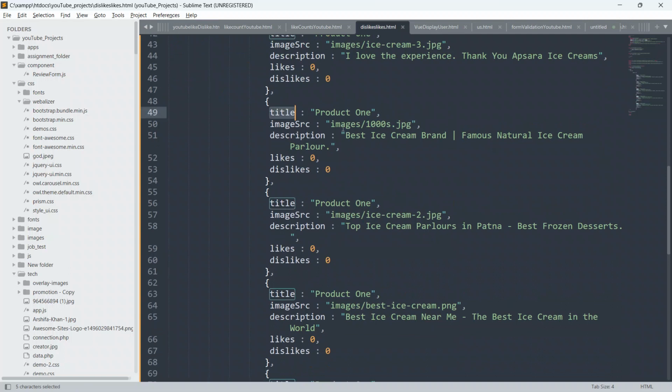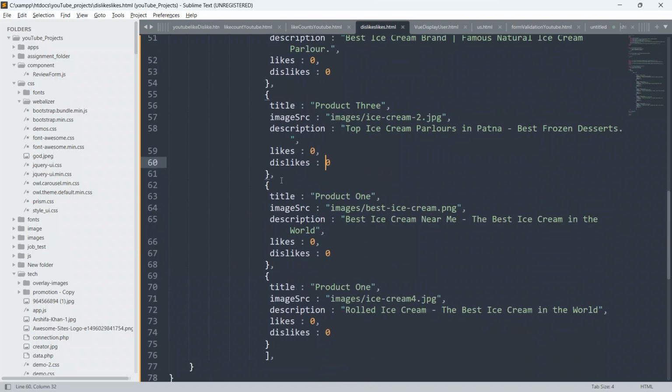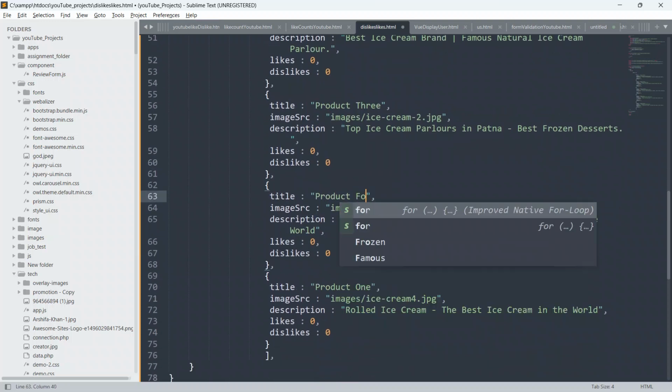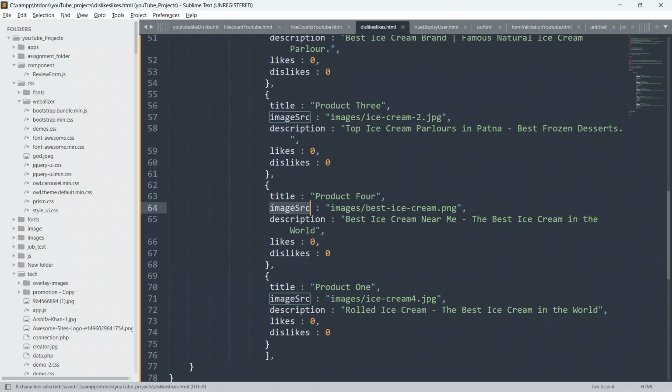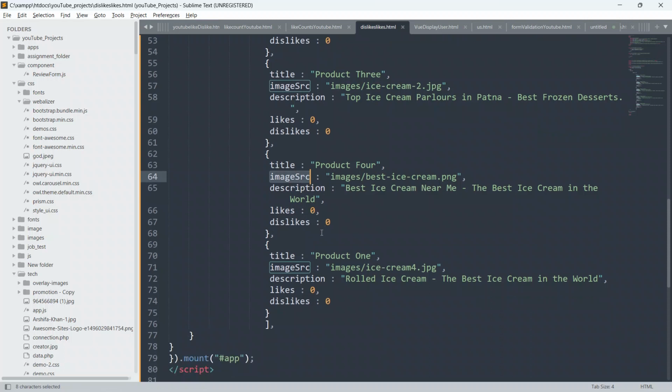Here also we have title, give product 2, the image src is this, the description is this, and likes count is 0 and dislikes count is also 0 as of now.